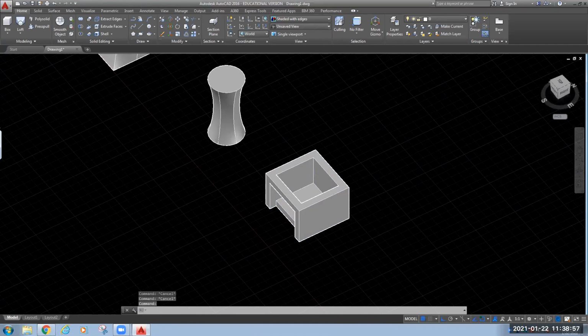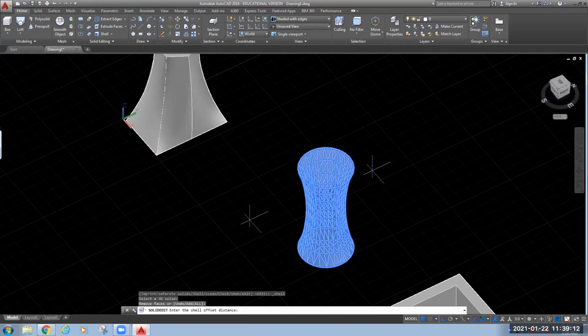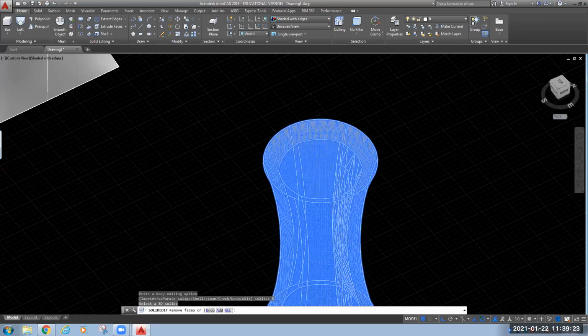Suppose you want to make this like some glass. Okay. So here also you can use this shell command. This is your 3D object, press enter, and it is asking for shell offset distance. It is not removing. It is removed. It is already removed, but that is not visible because of this face.